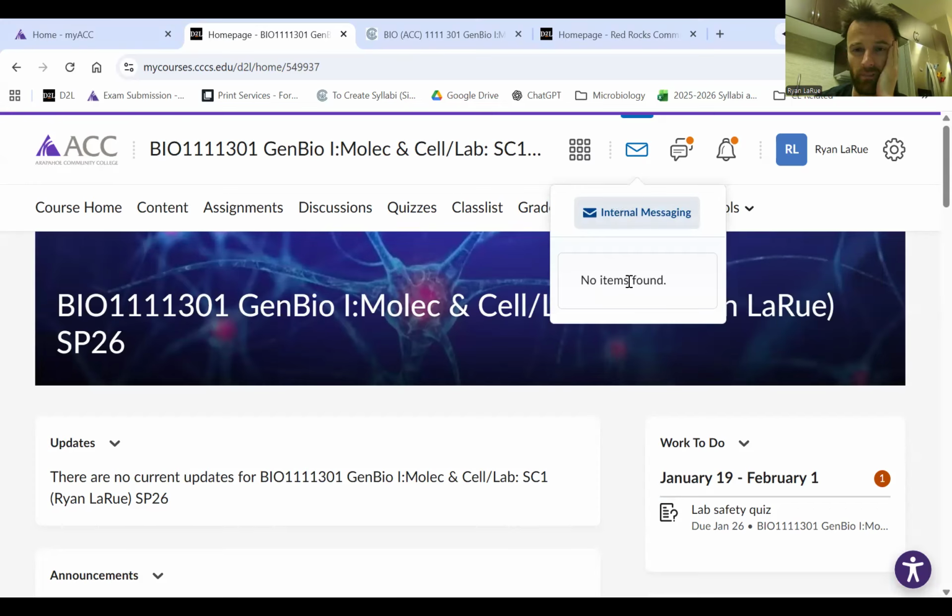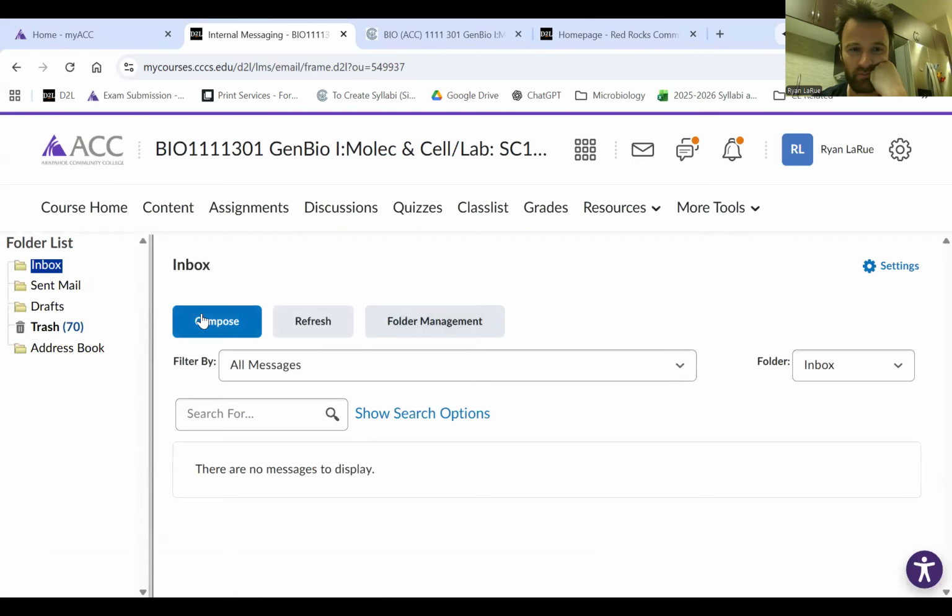You hit internal messaging and then compose, kind of like email. And then you type my email in here. I'm not even going to do it because it's not going to work. I won't get it. I learned that when I first started using D2L.